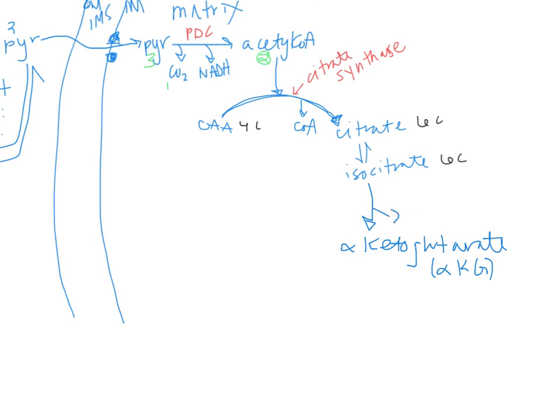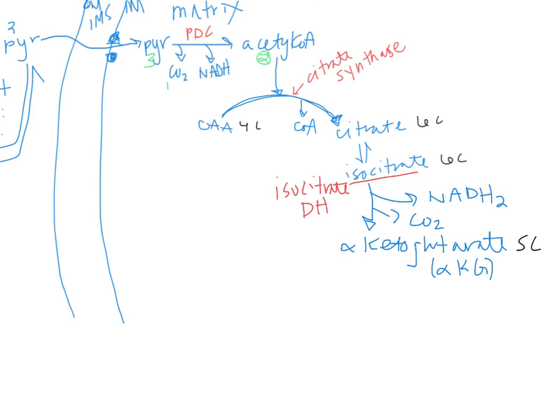Here's where we're going to lose our first CO2. So that means that alpha ketoglutarate must have 5 carbons because we lost 1 CO2, and a CO2 has only 1 carbon in it. We're also going to generate our first NADH, so hopefully that makes sense to you. And the enzyme that catalyzes this reaction is called isocitrate, and I'm going to put a DH for dehydrogenase. So all the dehydrogenases that we'll meet from here forward are all named for their substrate. Because this one takes in isocitrate and does a redox reaction to create alpha ketoglutarate, it's an isocitrate